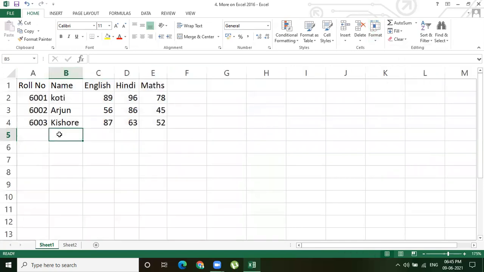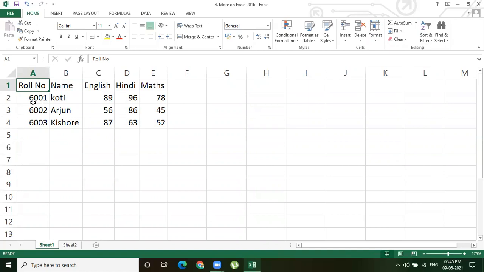So these are the points we have discussed in the class, right? And once again, I'm repeating the points that I have discussed. The first one is how to open the Excel application.